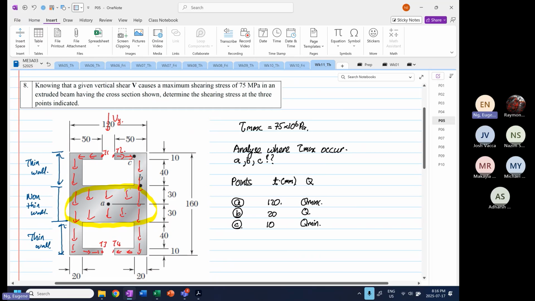So the question now lies to us. Before I go there, why did they pick point A, point B, and point C? Because at point A, you have Q max. At point C,